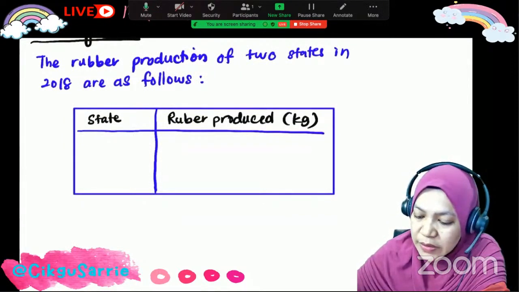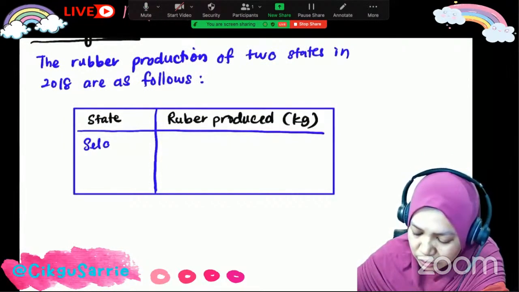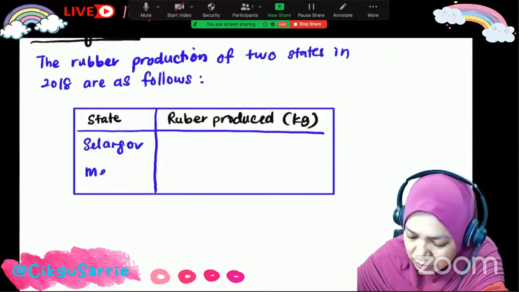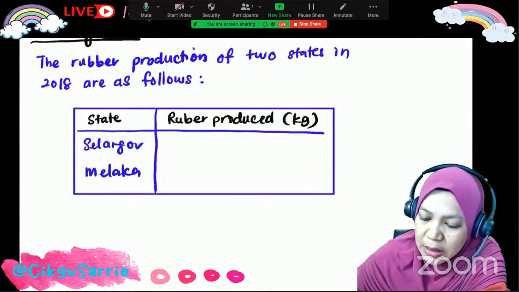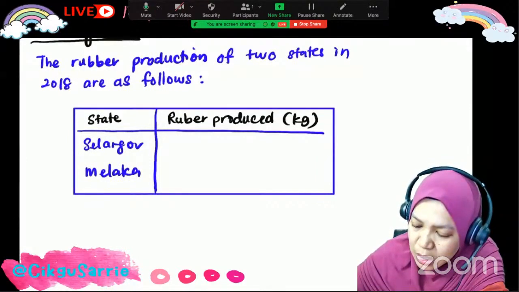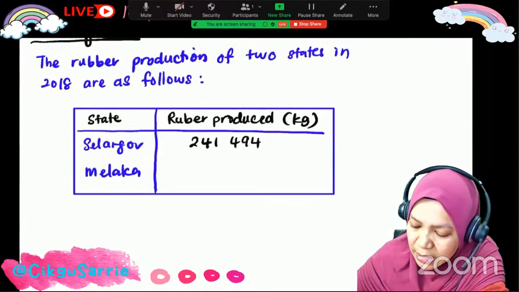First state is Selangor, and the second state is Melaka. The rubber produced in Selangor is about 241 494 and Melaka